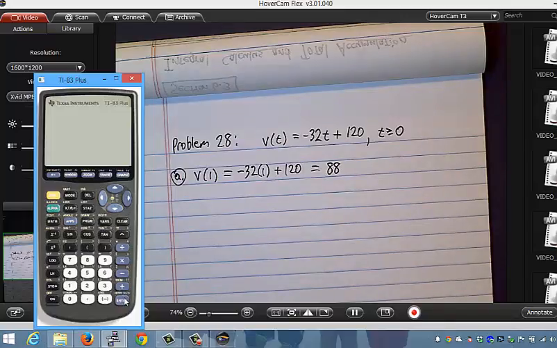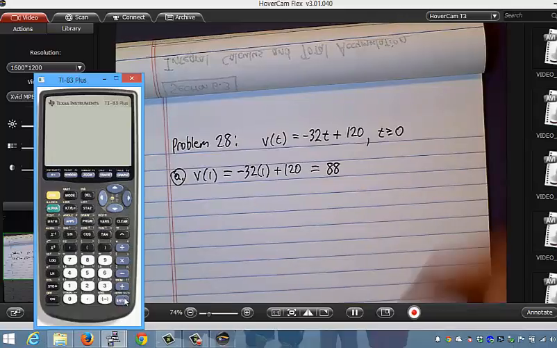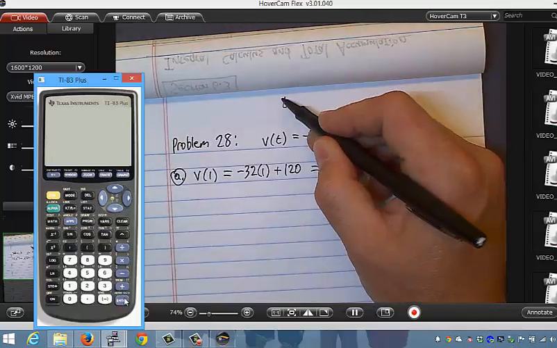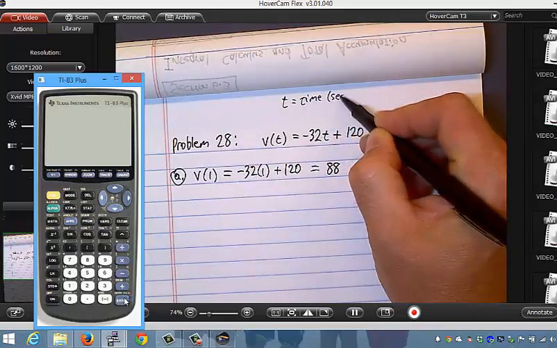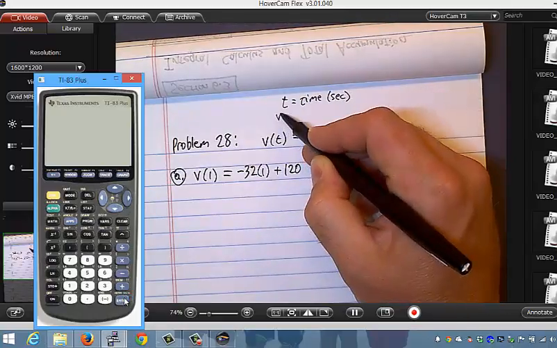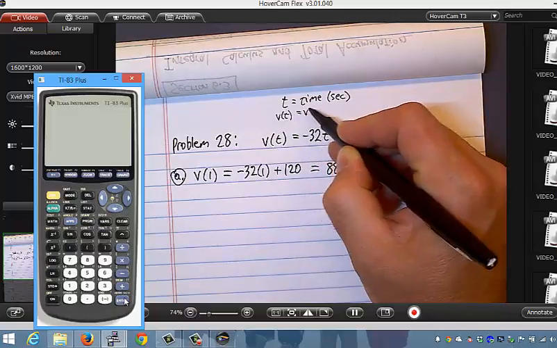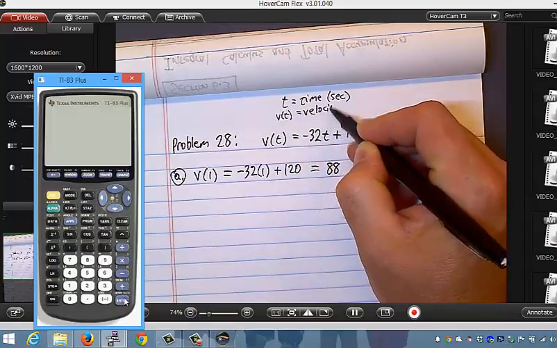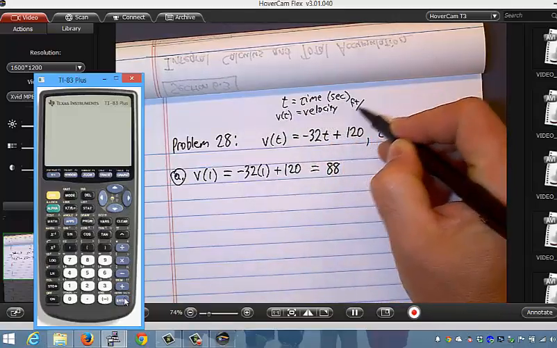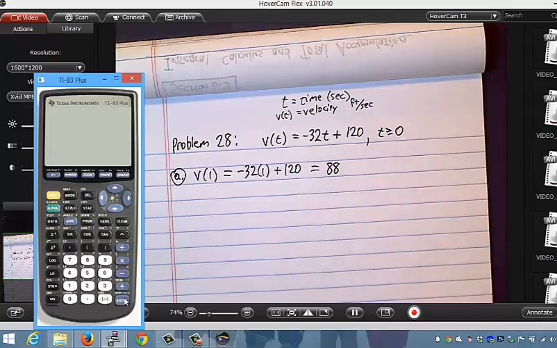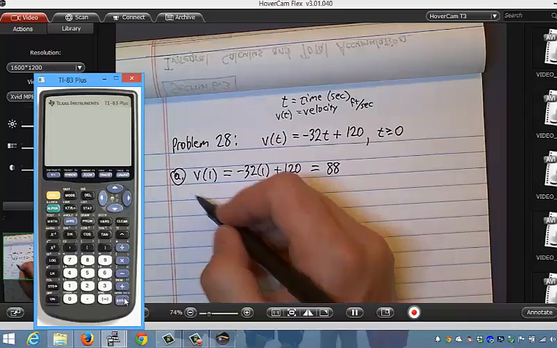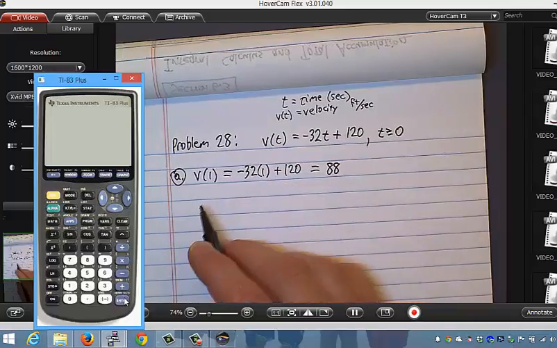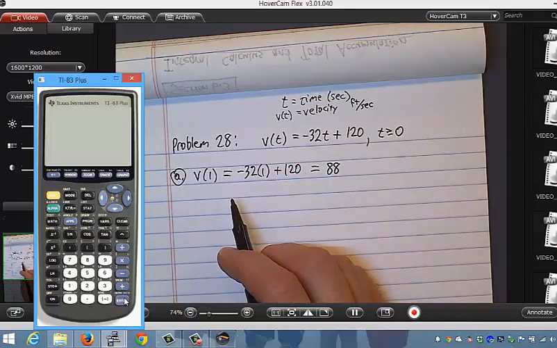Well, in order to interpret it, it really helps if I know what the variables represent, right? So what is t? They told me t is time measured how? Seconds. And v of t is velocity measured how? Feet per second. So then how would I interpret this? I would say, well, every second it travels, you're decreasing it by